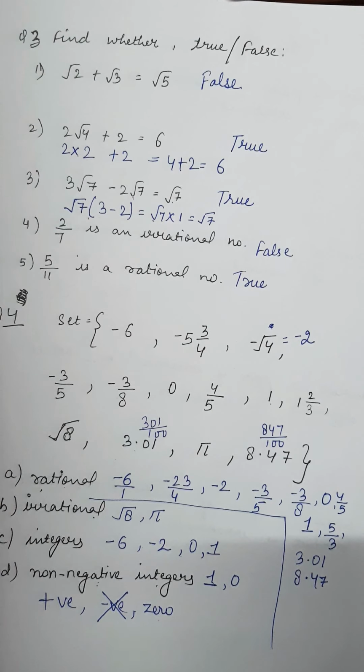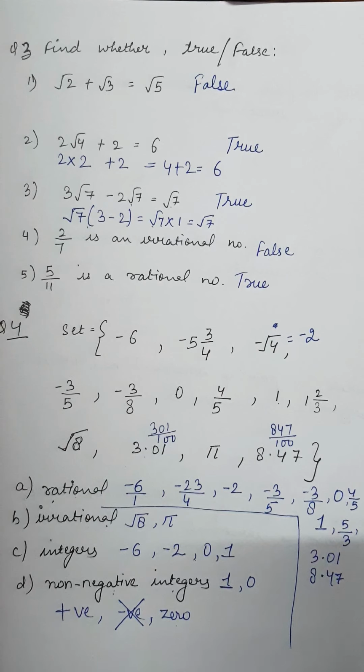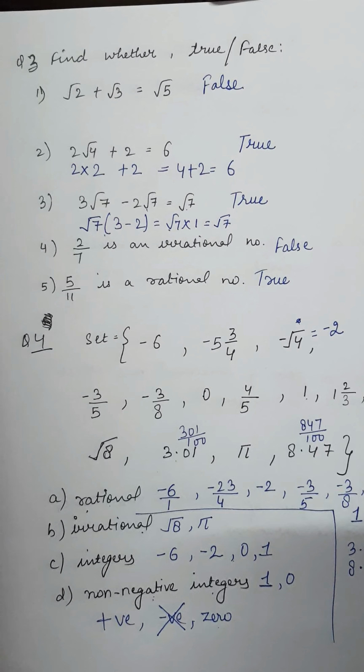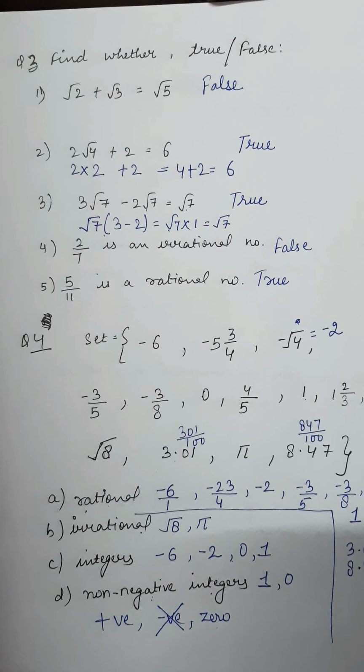So I hope with this the first part of the video is clear to you. That is the understanding of rational and irrational numbers. Now I hope you can easily identify rational and irrational numbers. Now with this you can start with a few questions of 1B and complete exercise 1A of your textbook. Thank you.